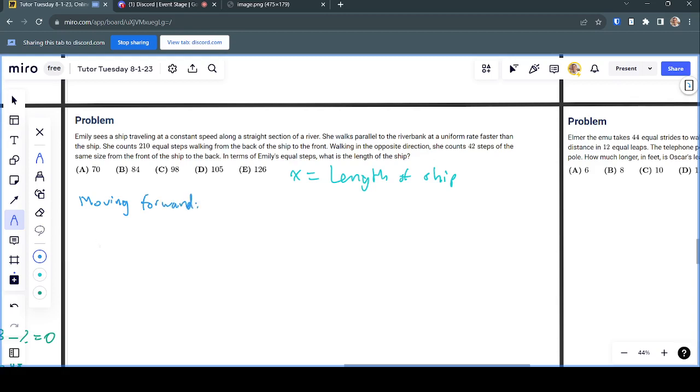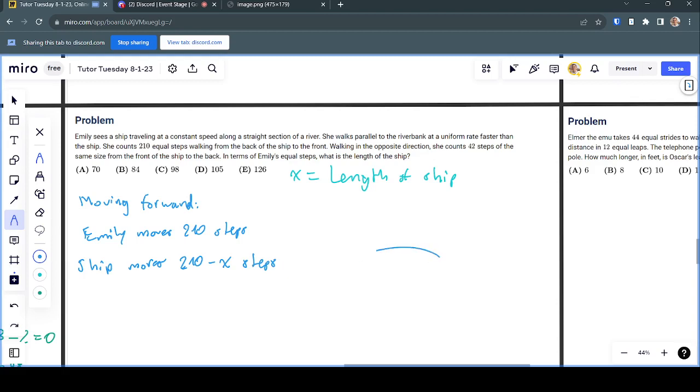While we're moving forward, Emily moves by 210 steps. And the ship moves 210 minus x steps. So we can draw this out sort of like